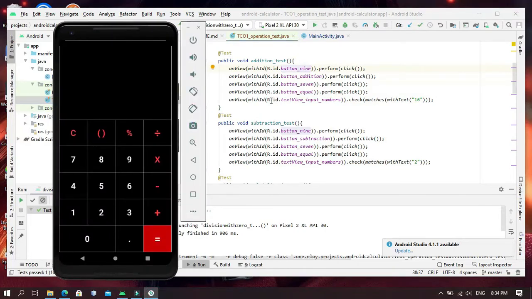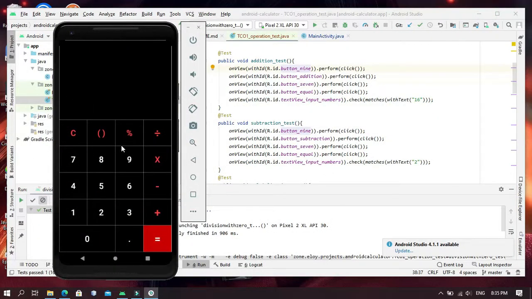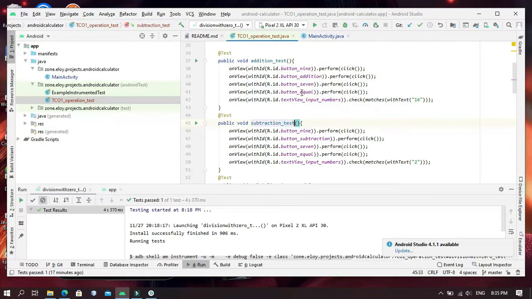The project that I use for testing is taken from this guy's repository. It is a calculator app, a simple calculator app like this. 1 plus 2 equals 3, like that. A simple calculator. So in the test, here